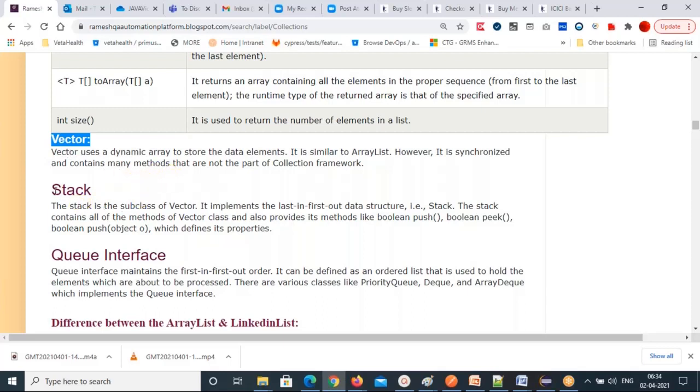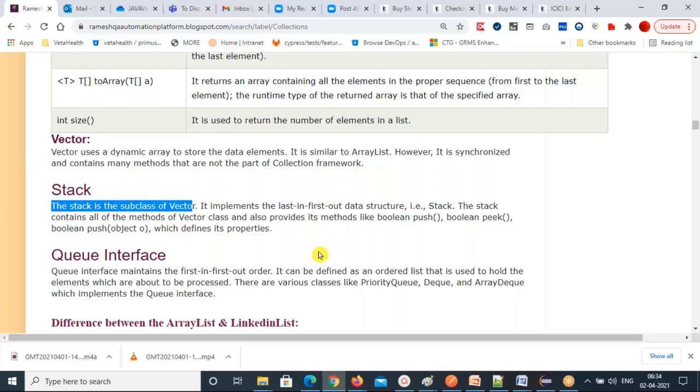Stack. So another very important one. The stack is the subclass of vector. That means stack is the subclass and vector is the parent class. It implements the last in first out data structure, that is called stack. The stack contains all of the methods of vector class and also provides its own methods like push, peek, and pop.